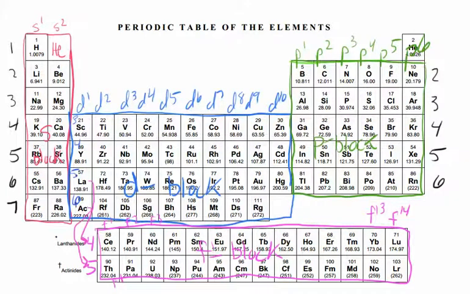Welcome to part two of using the periodic table to write electron configurations. Part two is the follow-up to the best-selling part one. So let's